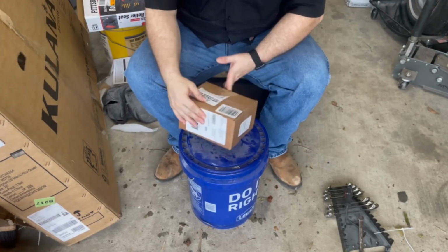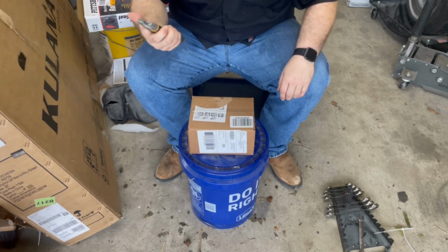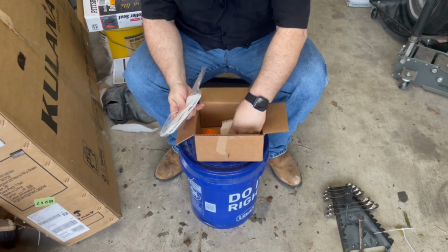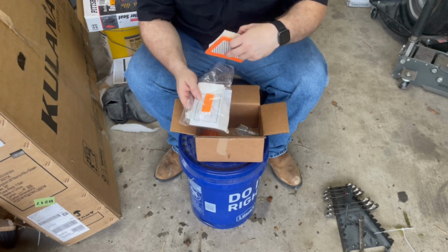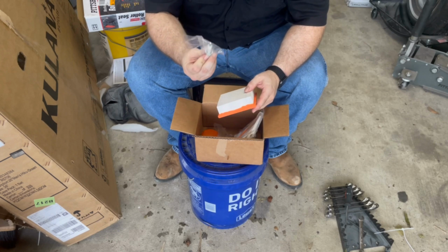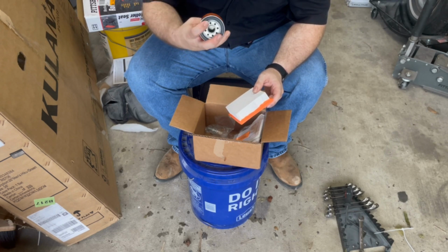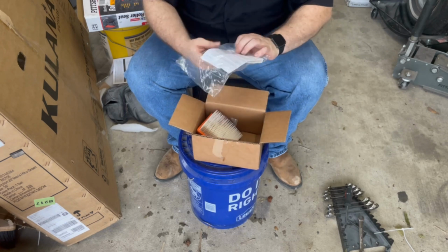All right, for the first step of doing generator maintenance, you have to get a generator maintenance kit, which I got from Amazon, and let's see what all comes in it. As I said, this generator ran great through Hurricane Ida. What it comes with is an air filter. I think it's got a sticker to put on there so you know what the hour reading was at the last service. It comes with a spark plug and it looks like a Fram oil filter, but it says made in India, so industrial duty oil filter. So there you go. That's what comes in here, as well as